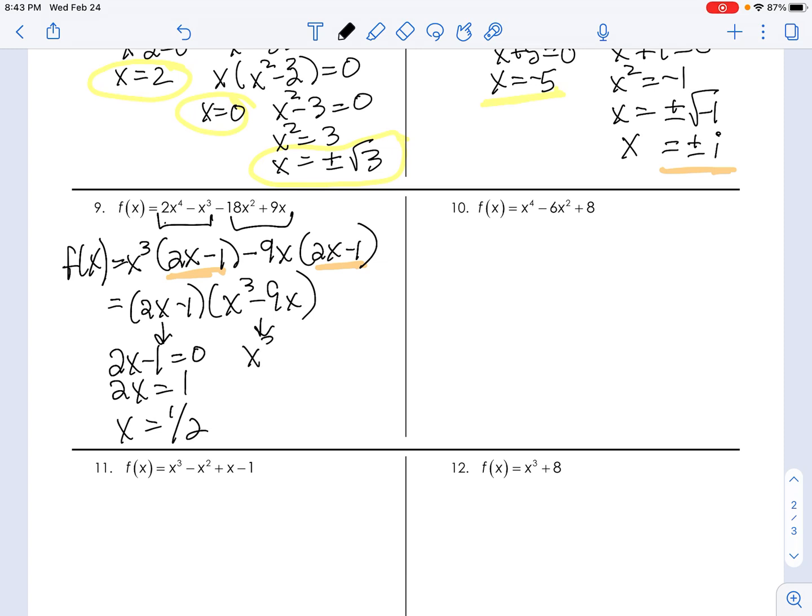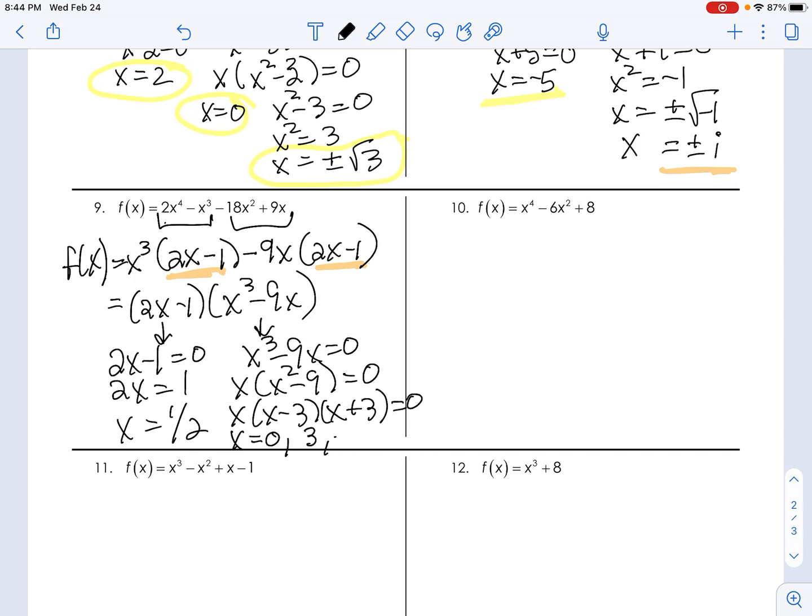But let's look at the next one. The next one is going to involve more factoring. Pull out your x squared minus 9. Oh, now we have a difference of squares. x minus 3, x plus 3. And so your 3 zeros are 0, 3, and negative 3. And there is your sum total